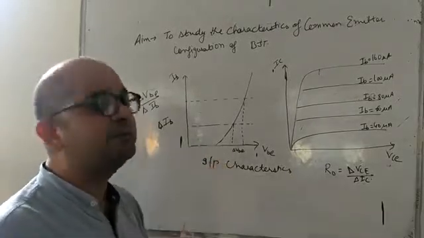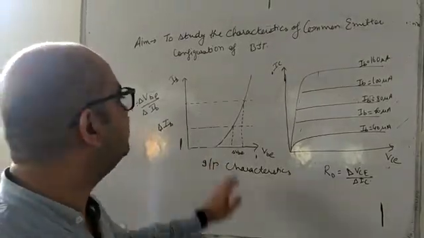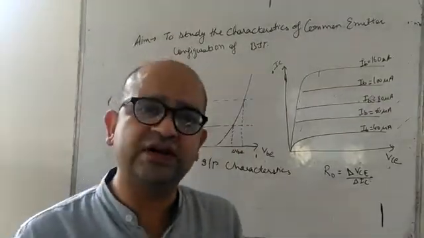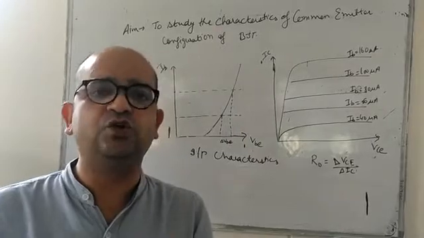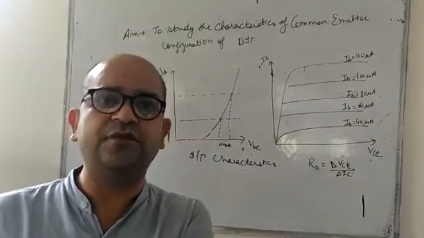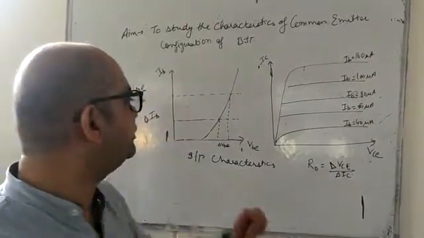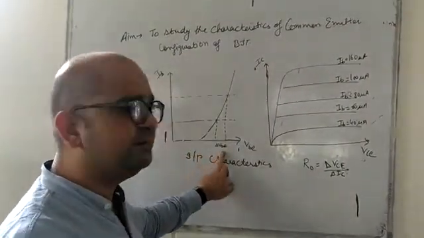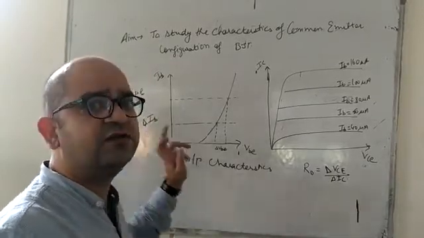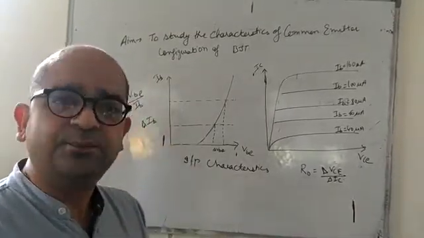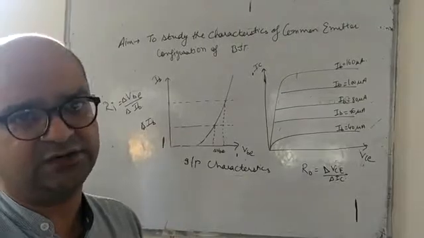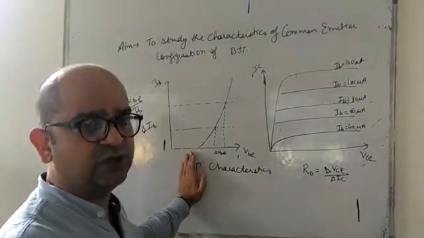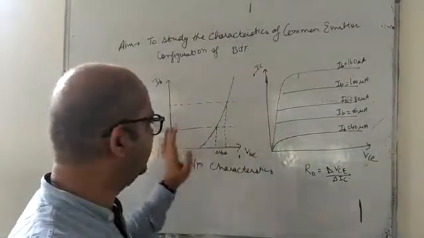VBE is taken as the input voltage, and we are taking VCE as constant. We will be taking two to three levels of VCE, suppose 2 volt, 4 volt and 6 volt, and correspondingly we are going to change the values of VBE. We are going to see what variation of the base current we get in the input characteristics for the common emitter configuration. Accordingly we will calculate values for the graph of the input characteristics.